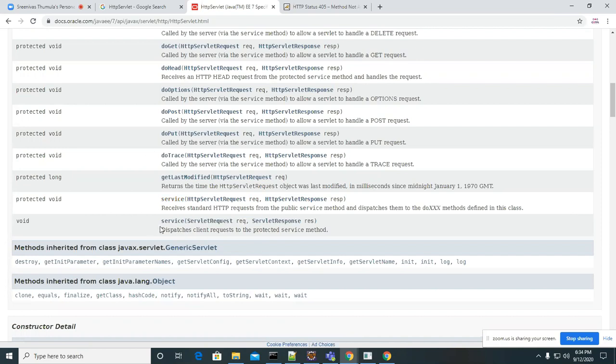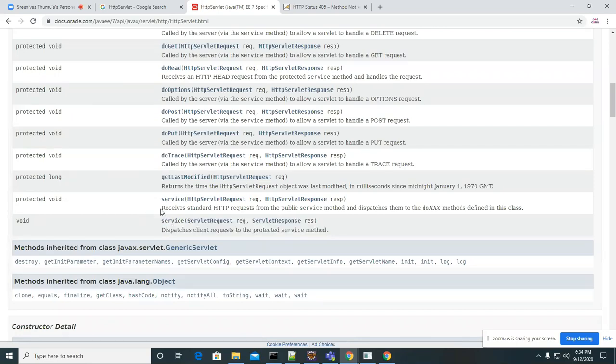What it does internally is the service method will call another service method, which takes HTTP servlet request and HTTP servlet response. Once it finds the protocol type, it navigates to here. That is what it's saying: dispatch client request to the protected service method. This is the protected service method.